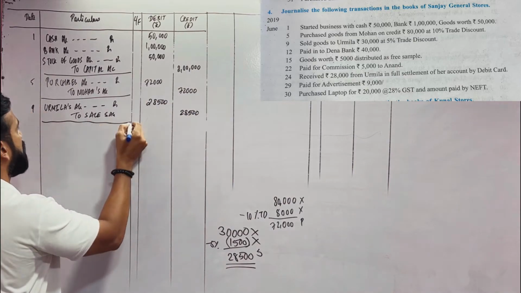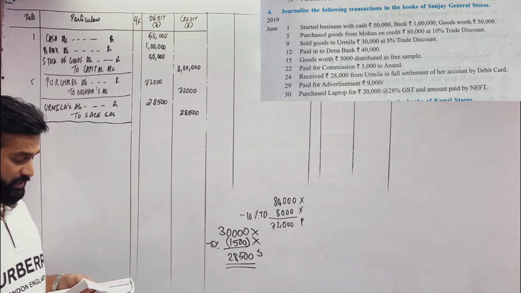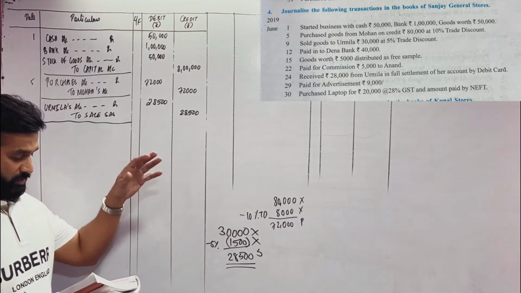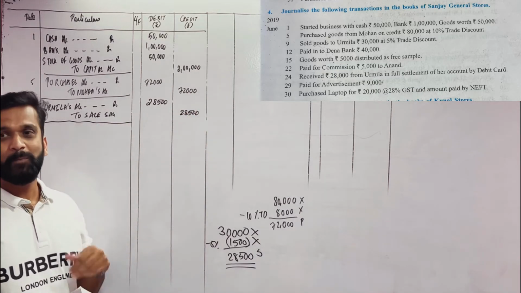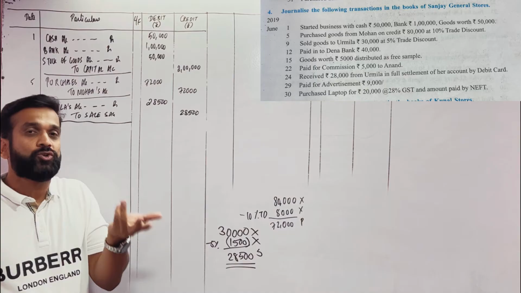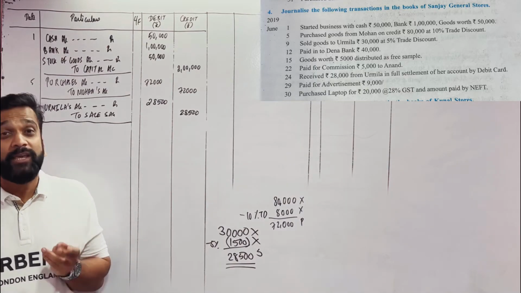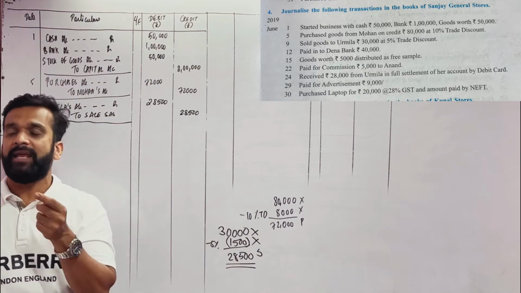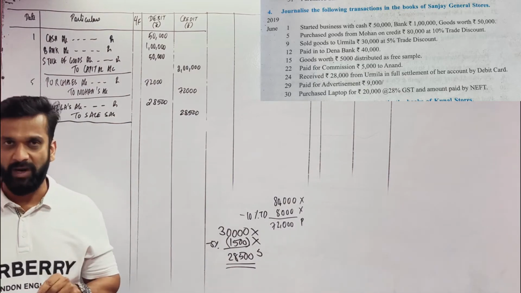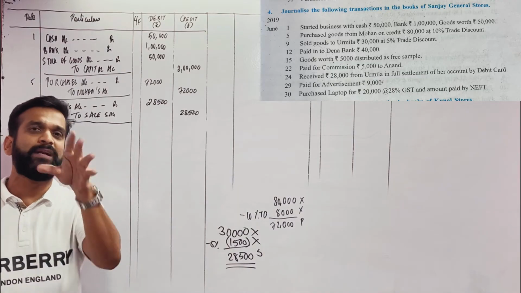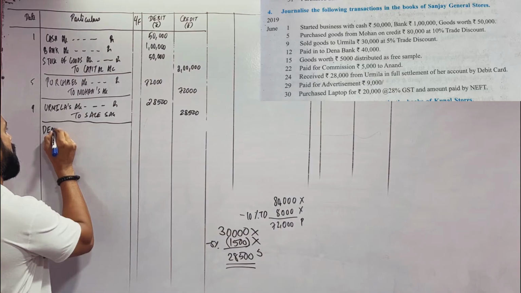Is this clear? Next entry is number 12. That is given here. See on the board. Paid in Dena Bank 40,000. Paid. Cash goes out. Cash is credit. You have paid where? In Dena Bank. So Dena Bank is a personal account. Dena Bank is a receiver. Debit the receiver. So I will write the entry as Dena Bank